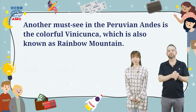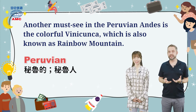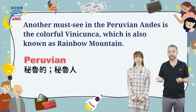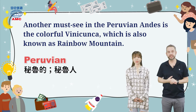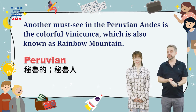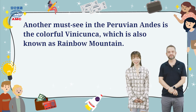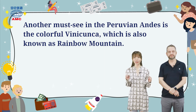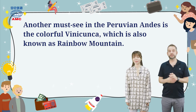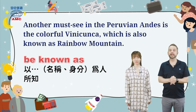So we did see the word Peruvian in that article. Peruvian is an adjective meaning from Peru or related to Peru, like Paddington Bear, for example. He's Peruvian, because we can also use it as a noun to describe a person from Peru. 所以秘鲁的安第斯山脉另一个必看景点是色彩缤纷的 Vinicunca， 也被称为是彩虹山哦。